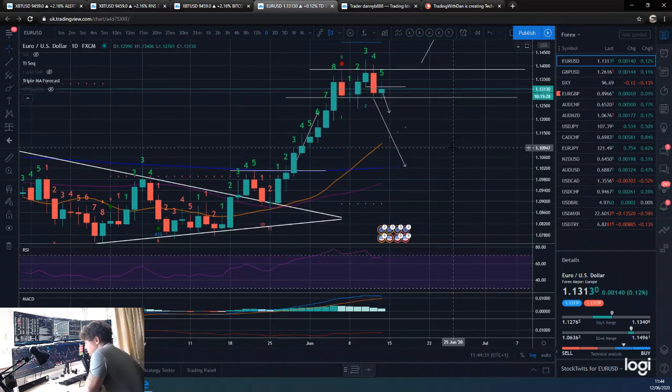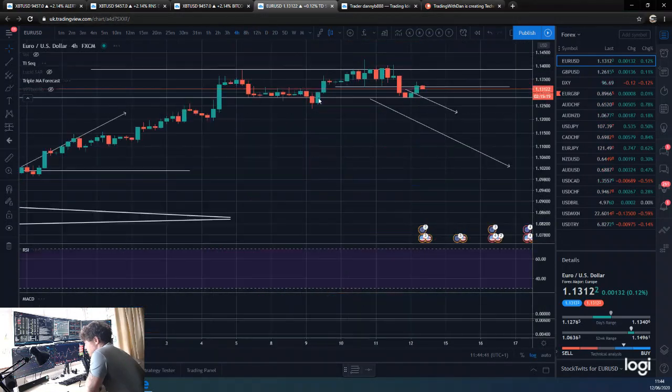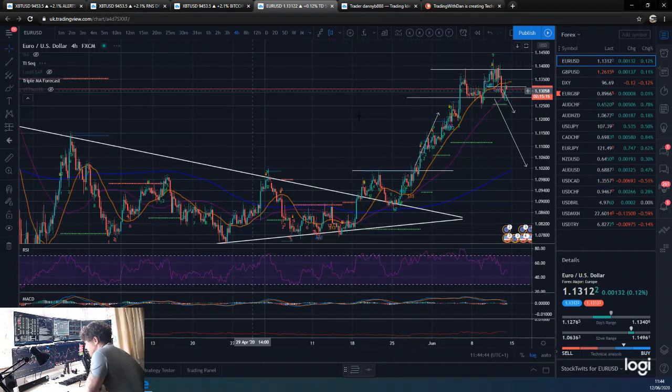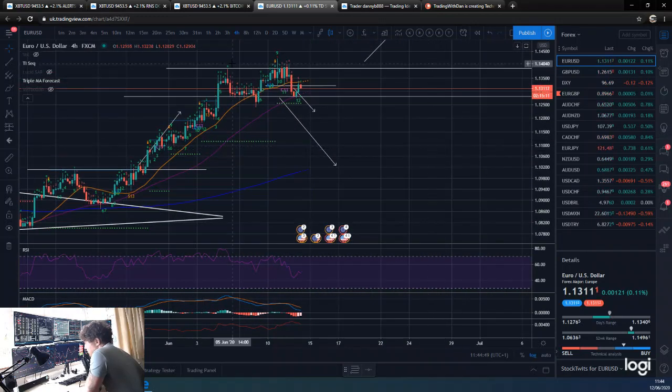Euro US dollar, some of you guys are already in this trade, I know, because I was speaking to you yesterday. But yeah, so looking like an interesting trade. It's definitely looking like it's not definite we're getting more upside, put it that way. I mean, this is a potential topping scenario. I mean, we may just be forming the